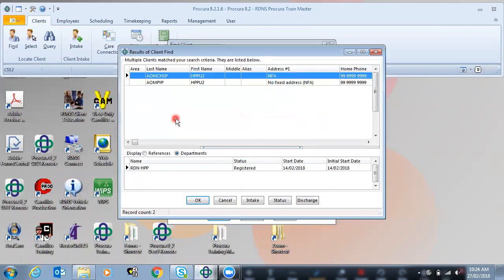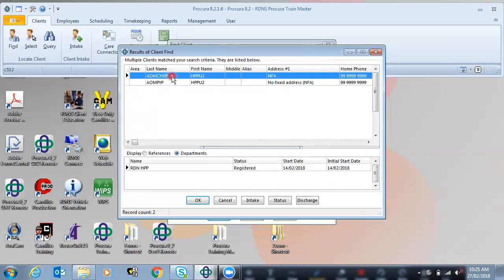And you will see in the results window 2 clients with those letters at the beginning of the last name indicated. So AOM stands for an anonymous client, and the following letters, CHSP, stands for an anonymous client registered under